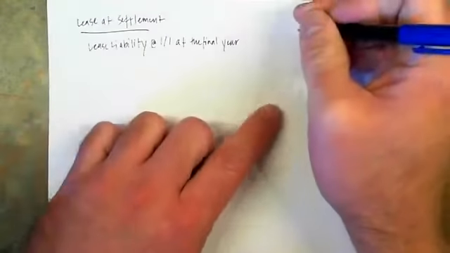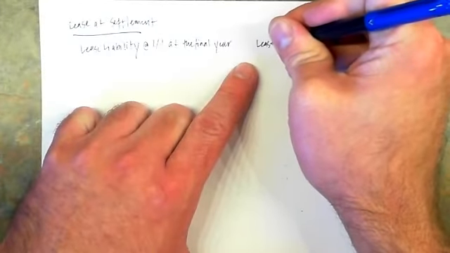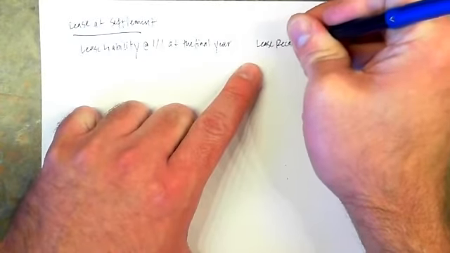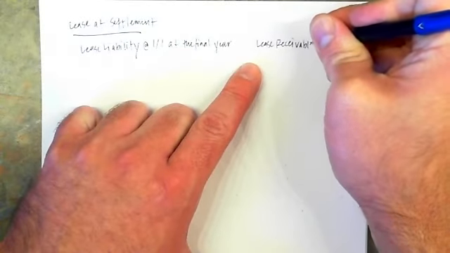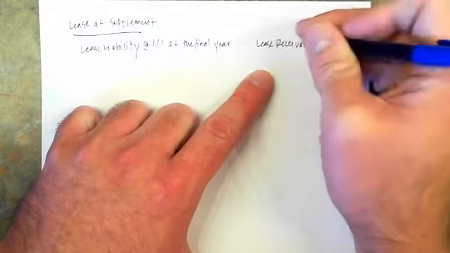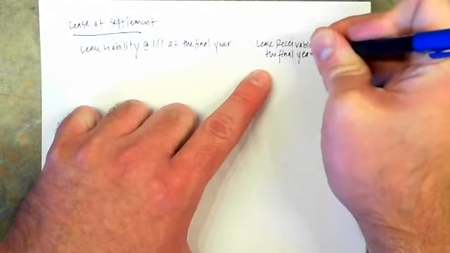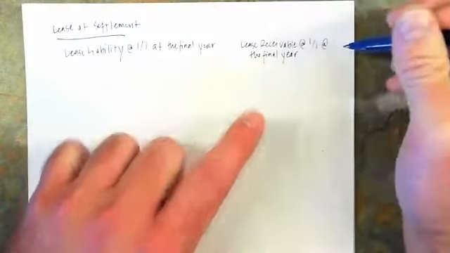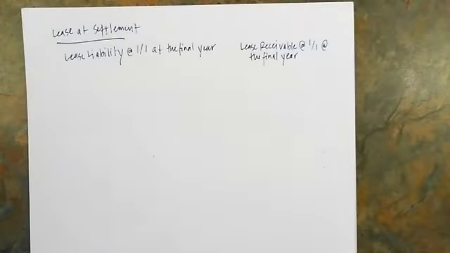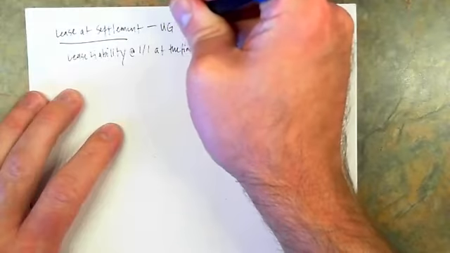And this is true too of any lease receivable at 1/1 at the final year. So remember, payments are made at the beginning of the year, which reduces my lease liability or my lease receivable. Now, the question is, under a UGRV,